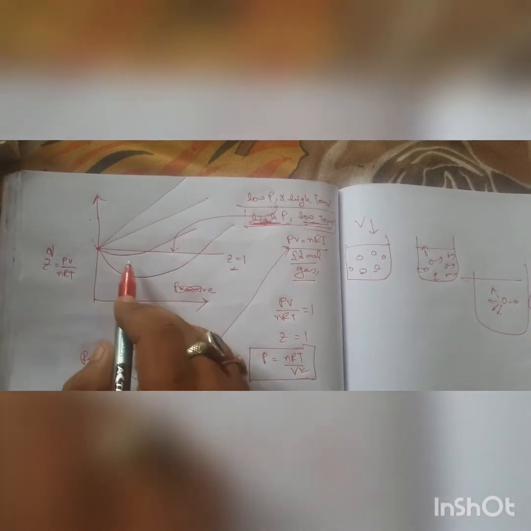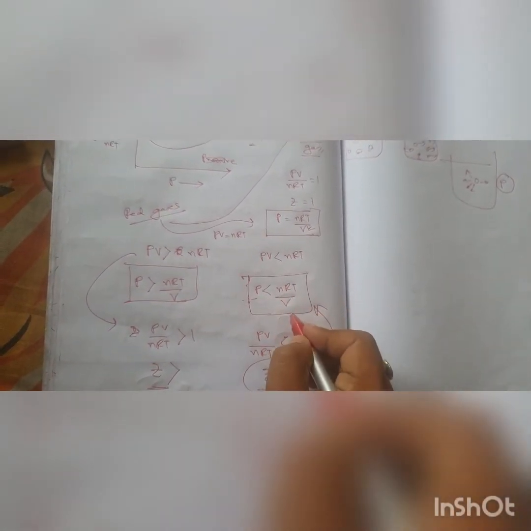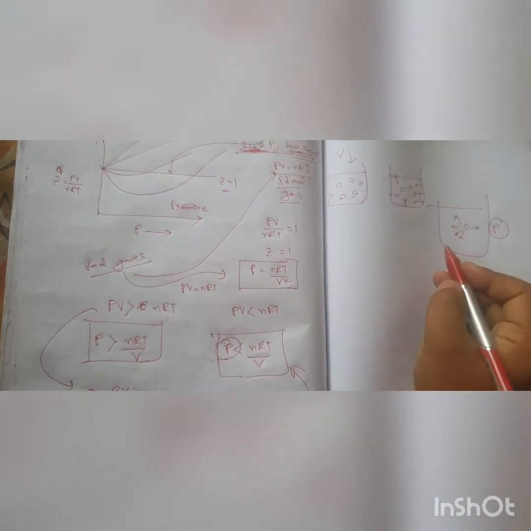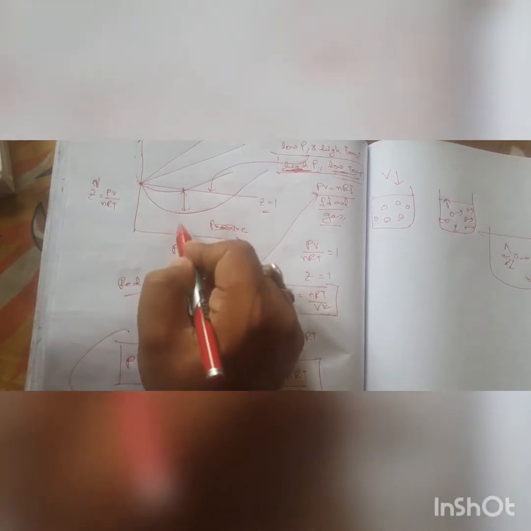Now why is there negative deviation, that is Z less than 1? It must be because P is less than nRT by V, where P should have been equal to nRT by V. So that means this P is decreased, which means this is due to the pull. Right or wrong? This is due to the pull. So this effect of lowering of pressure dominates when there is a dip in the curve, or when there is a negative deviation.